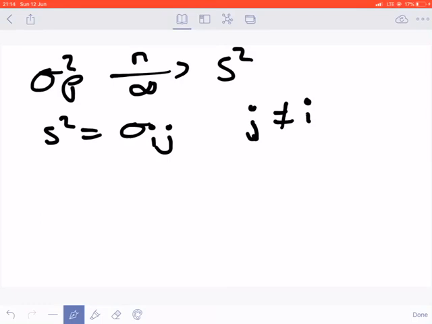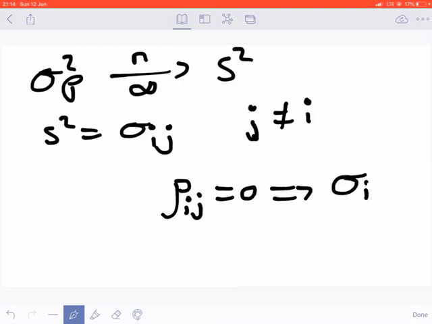If you add assets which are uncorrelated, to say that assets are uncorrelated means that they have a correlation coefficient of 0. And if the correlation coefficient is 0, then it simply means that the covariance of asset i and j is also going to be equal to 0. So if that's the case, it means that as